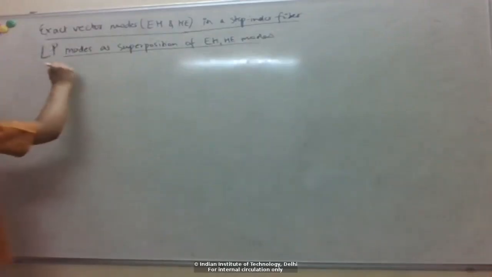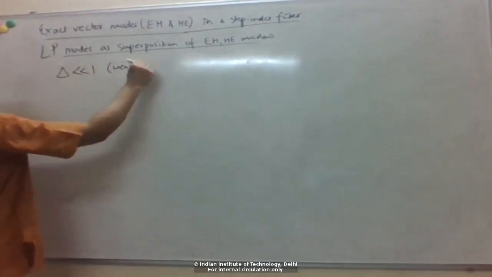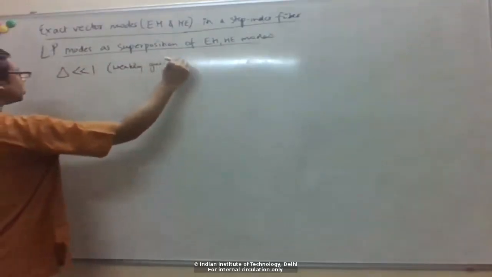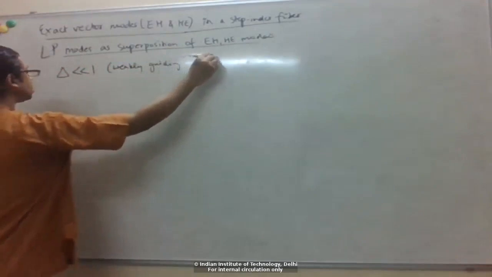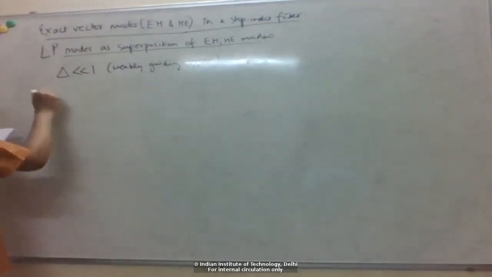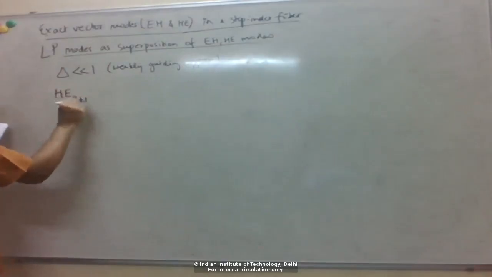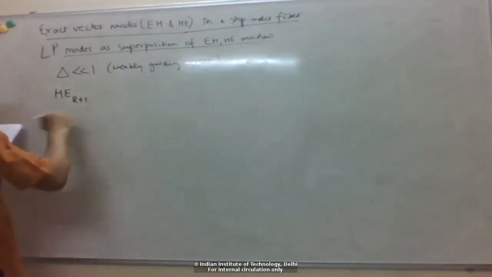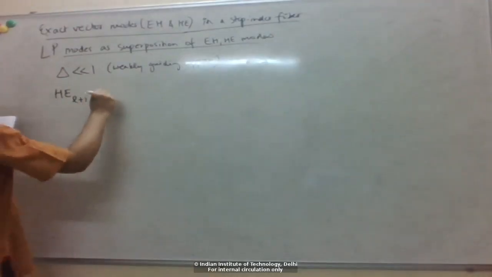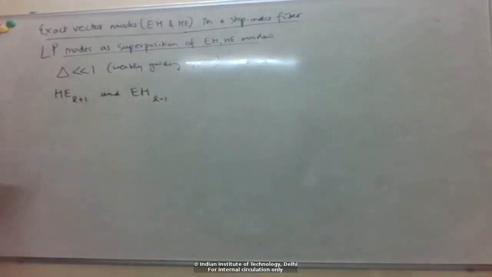Again, the main point is that if you have this condition of the weakly guiding limit, then if you look at the transcendental equations for the EH and HE modes, it turns out that if you look at the HE mode with index L plus 1 and the EH mode with index L minus 1,